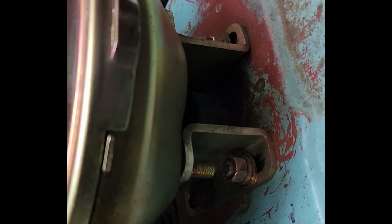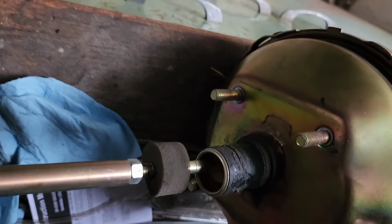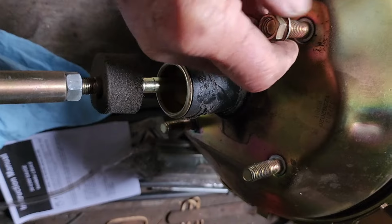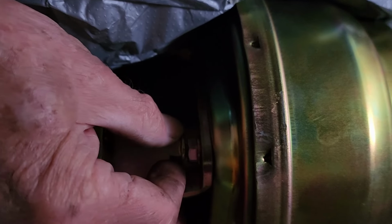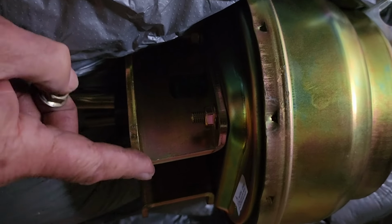I'm going to just leave the bracket there and just take the booster off without taking the bracket out. See how that works. Well, looks like we're going to have to change the bracket as well. Here you can see this uses a 9/16 nut. And the new one back here is only a 1/2-inch nut. And so the stud sizes are different. We'll have to use the bracket that came along